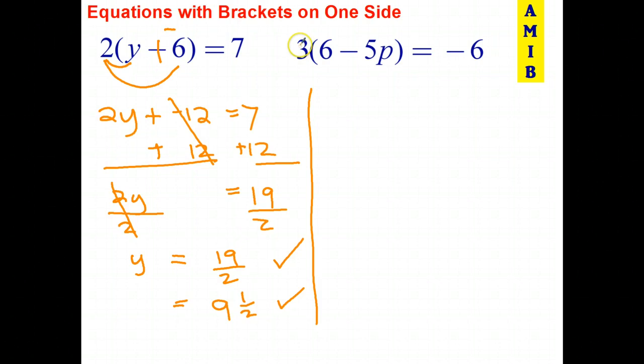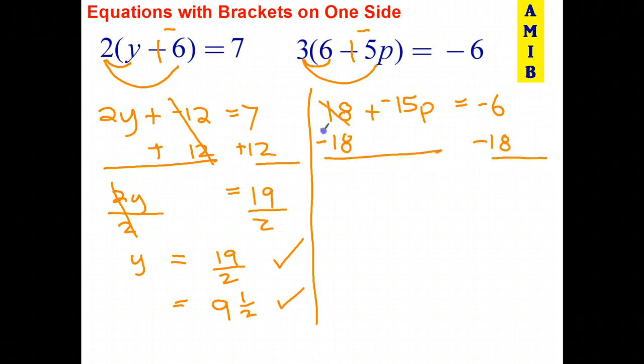Similarly, in the second equation, you could divide both sides by 3, which is probably a good way to do it because the negative 6 divided by 3 doesn't leave a fraction. But I'm going to do this just to give more practice at expanding brackets. I'm going to do it by expanding out the brackets first. So 3 times 6 is 18 plus 3 times negative 5p is negative 15p equals negative 6. Okay, I've got negative 15p plus 18. So first thing I do is subtract the 18 from both sides,